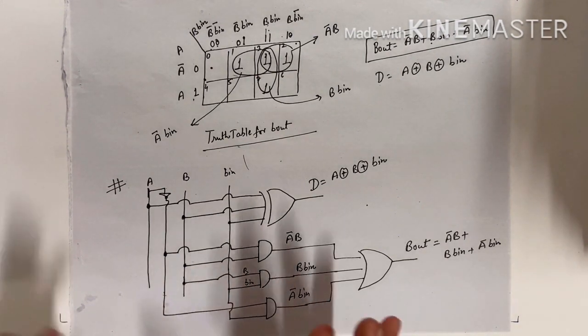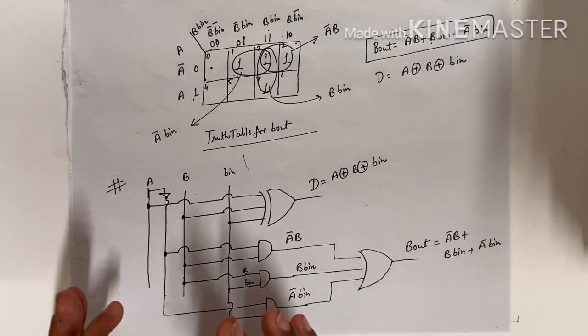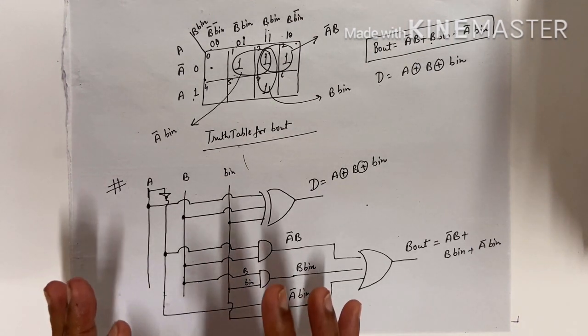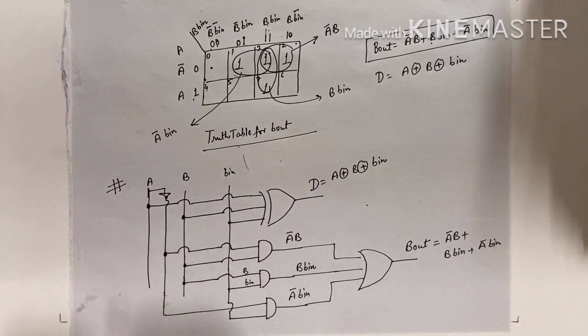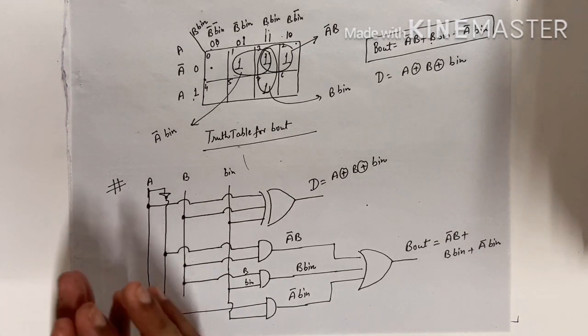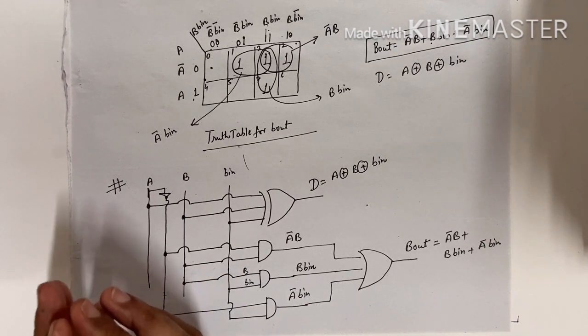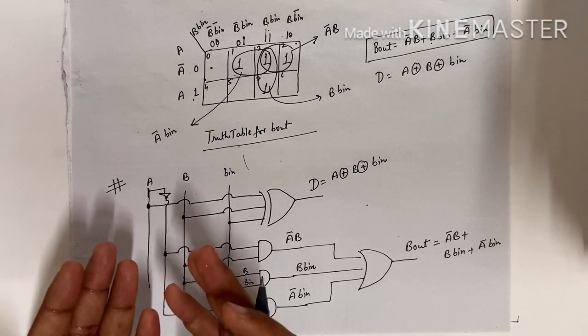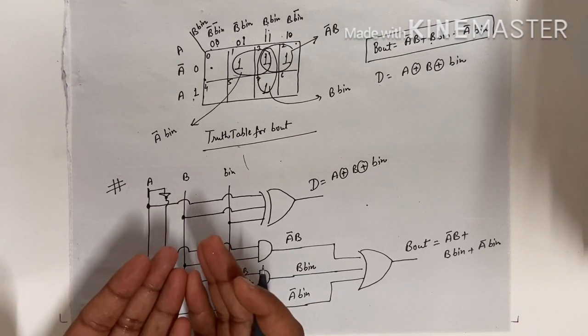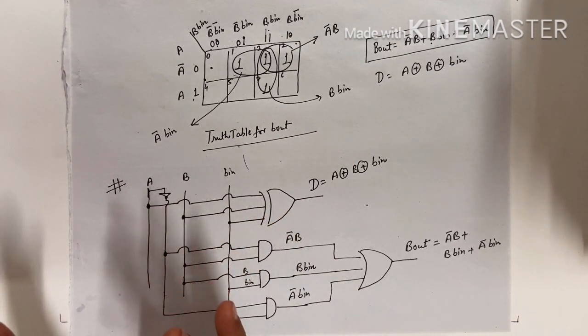So in this way we can design a half subtractor, full subtractor. There is nothing tough in this subject. You have to learn the steps. Firstly you have to observe the problem. After observing the problem you have to define the input and output and assign a symbol or letter to input and output. After assigning the letters you have to draw the truth table. Then after developing the truth table you have to simplify the Boolean expression using K-map. Then after developing K-map you will draw the logic circuit. This is about the combinational circuit.